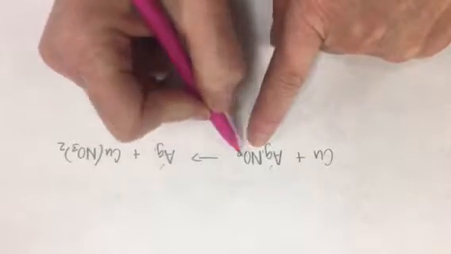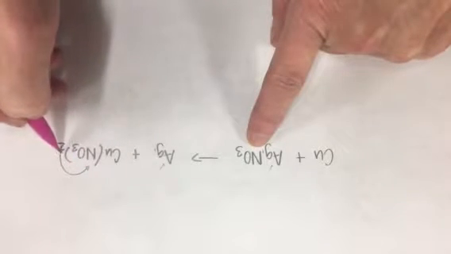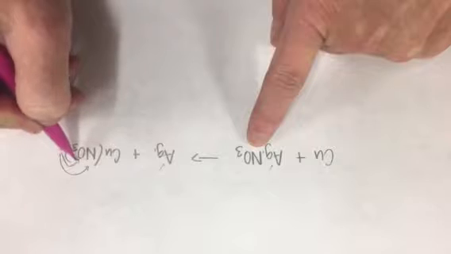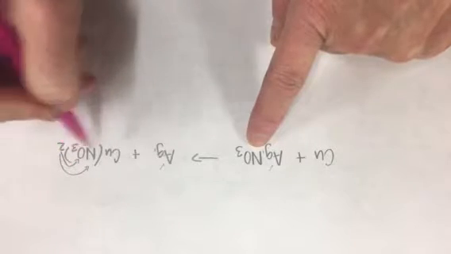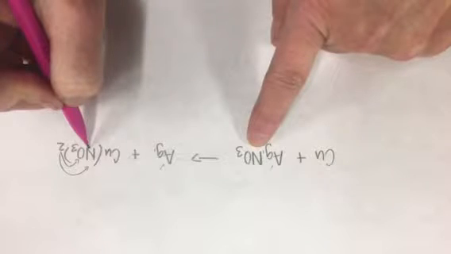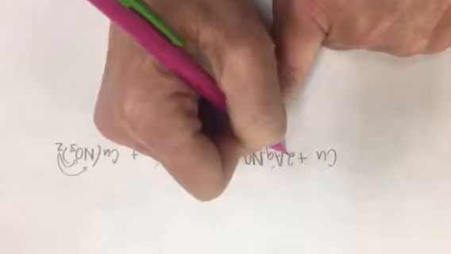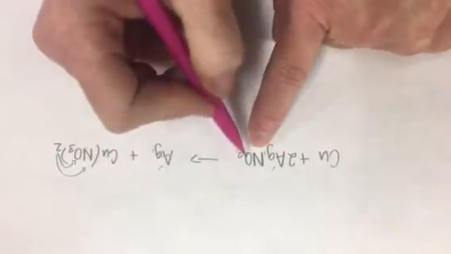I have 1 in here, but remember the rule is the subscript applies to everything inside the parentheses. So that means that I have 2 N's on this side. So I'm like, how can I fix that? Well, if I put a 2 coefficient in front of here, then I have